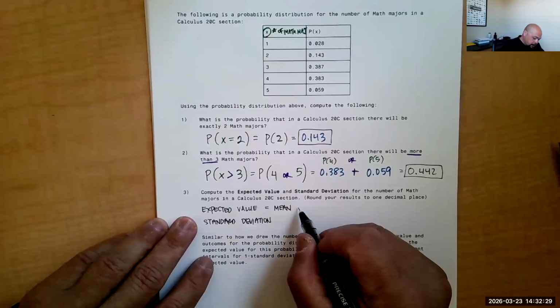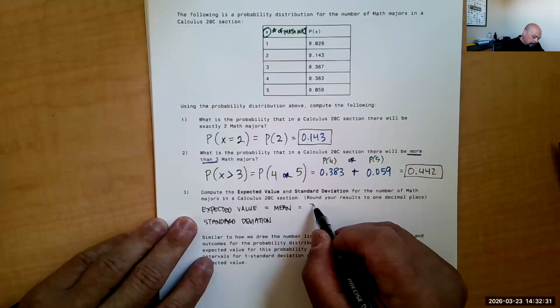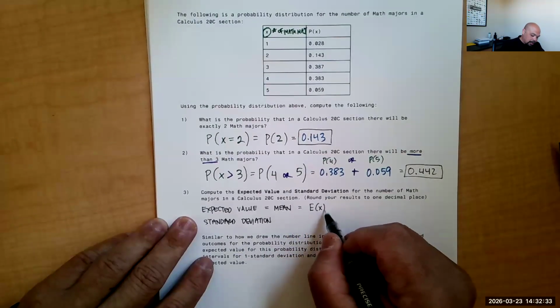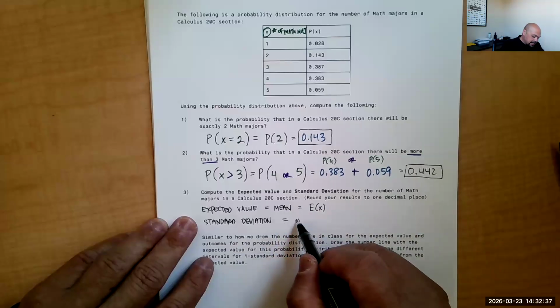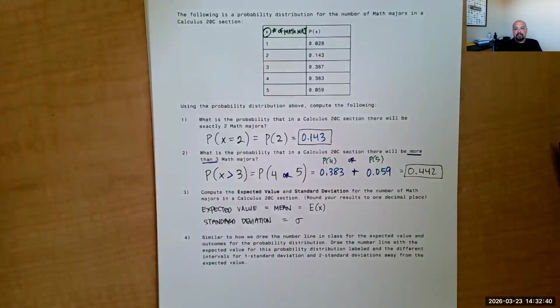And so in this case, for our expected value, the mean, of course, we can call it mu, but here we call it E of x, right? Our expected value for those x quantities. Our standard deviation, I'll still give it that sigma, that standard deviation symbol. And so now I'm going to switch over to how we would do this with StatCrunch, right? So now this is going to be the important aspect. And so if I switch over real quick to looking at StatCrunch,